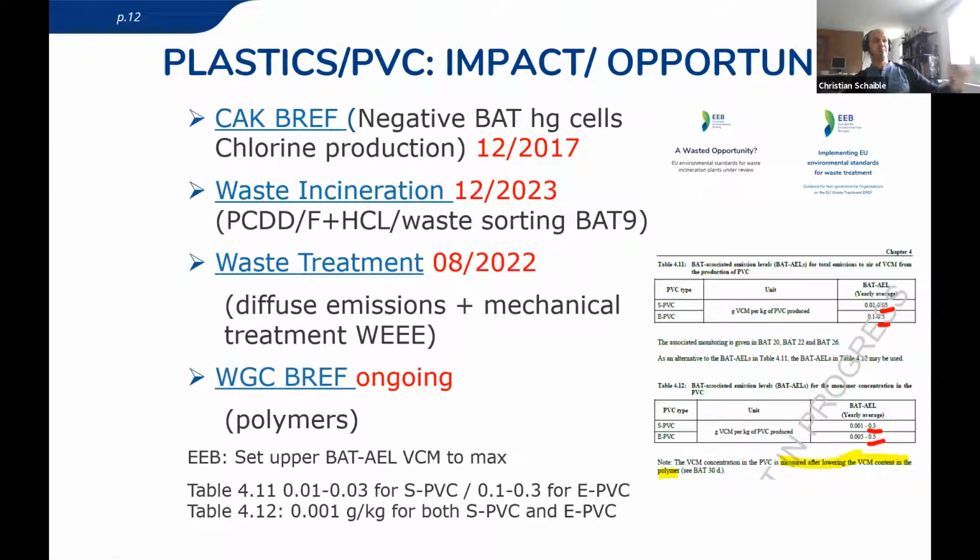the diaphragm. But it was REACH, actually, for those who are familiar with REACH, they made a side exemption to this BAT conclusion via the REACH route to still keep that asbestos diaphragm operational until, I don't know, 2024 or something like that. So here it was a bit of a weird situation that the BAT was stronger than the REACH restriction.